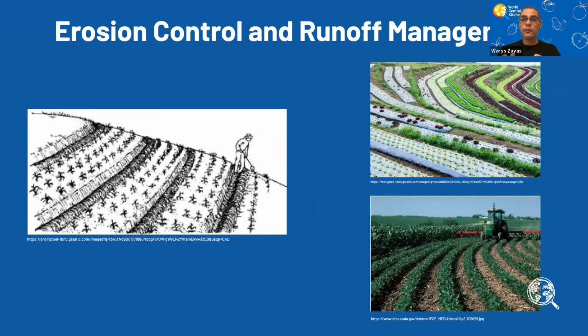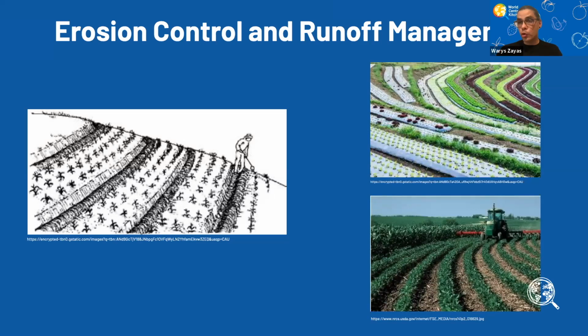That will help to improve the soil, to accumulate more organic matter, and to control heavy runoff water. So at the right part of the screen, at the upper part, is a slope of a farm just planted with a lot of vegetables or leafy vegetables. So that's the way it looks. At the very bottom right, I included a picture because it is a good example of a farm that does not have big slopes